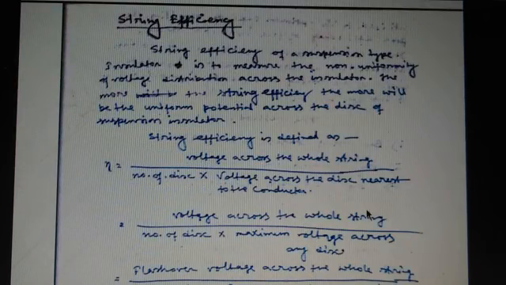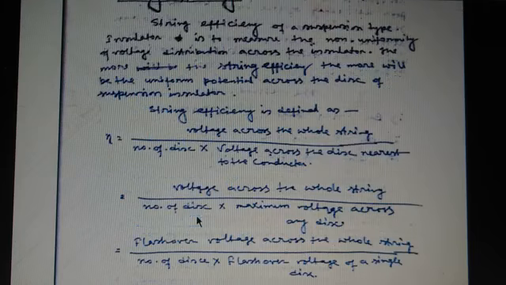Now the string efficiency. What is string efficiency? String efficiency of a suspension type insulator measures the non-uniformity of voltage distribution across the insulators. The higher the string efficiency, the more uniform the potential across the disks of the suspension type insulators. So string efficiency is defined as the voltage across the whole string divided by the number of disks into the voltage across the disk nearest to the conductor,